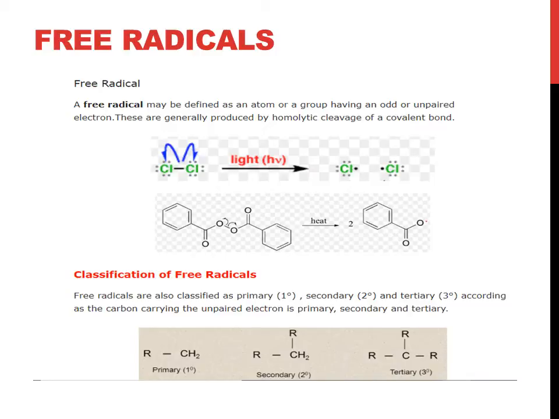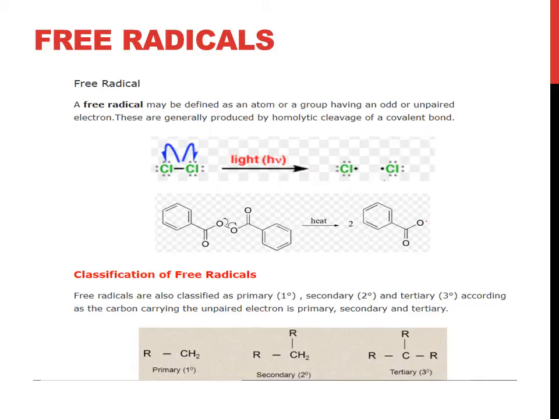Similarly, in the case of benzoyl peroxide, C6H5COOCOC6H5, this O-O bond is called the peroxide linkage. This O-O bond breaks, and this process of breaking of the peroxide linkage will be used in the second chapter of organic chemistry, chapter 12. Then it gives the peroxide free radical, the benzoyl peroxide free radicals will be given out.